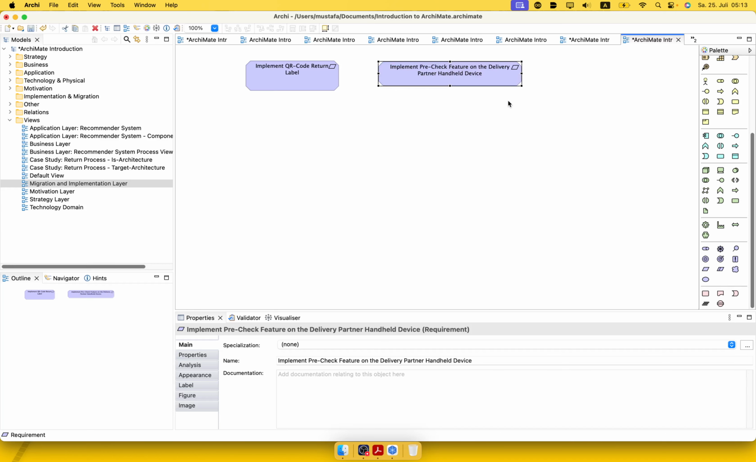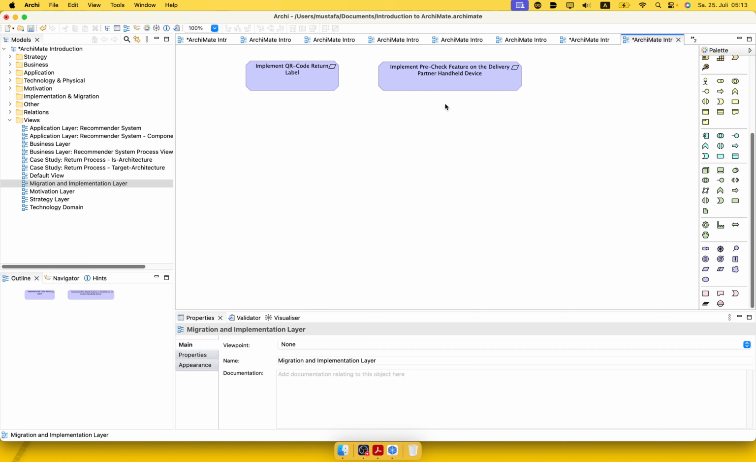is to implement a pre-check feature on the delivery partner handheld device. So when the delivery partner is coming to pick up a return item, then he will scan the return item visually, and then an AI system will kick in to visually check this returned item, make sure that it is not defective or in its original state as it was delivered. So this is one of the requirements, and you can see here that it also involves a lot of interactions on the